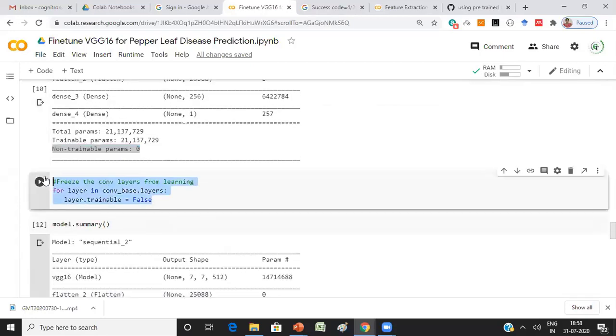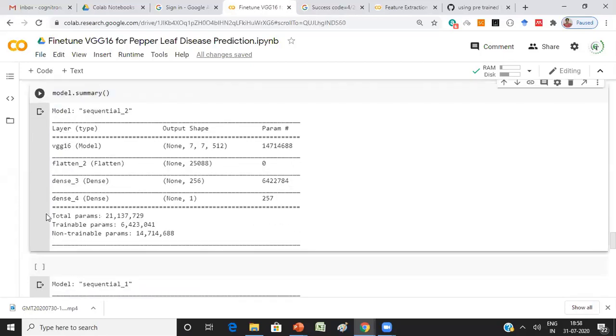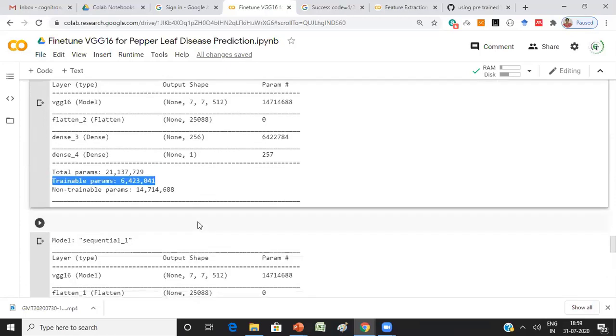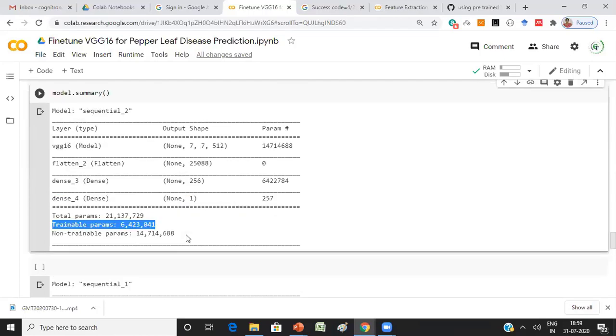But now, after freezing the layers, let's see the number of parameters. The total number of parameters will not change because the model architecture is not changed. But the trainable parameters are now only 6 million, whereas non-trainable parameters are 14 million. Whatever parameters I got from VGG16 became frozen and are now non-trainable, so you're not training them. Your trainable parameters came down drastically. So even with a limited data set, your model is expected to perform reasonably well. That is how you can do it.